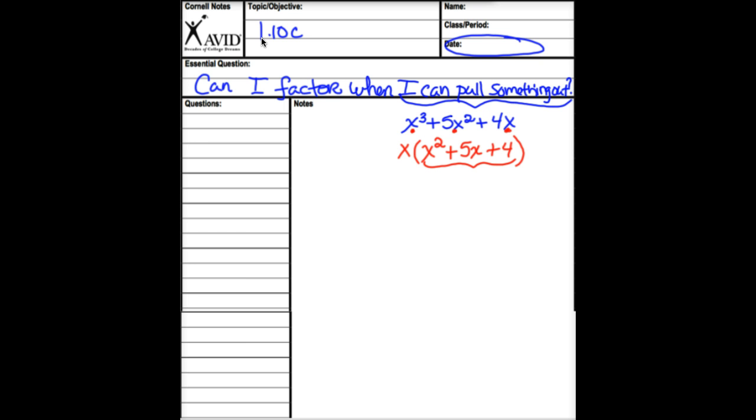So we're going to be looking and seeing if we can pull something out first, and then we'll break apart what's left. So then we've got a trinomial that leads in a 1. So I only need to go to the back end. The only things that multiply to equal 4 are 4 and 1, or 2 and 2. And those are our only candidates. And remember to pick the correct pair. They have to add up